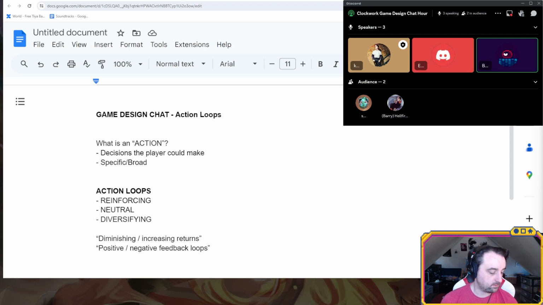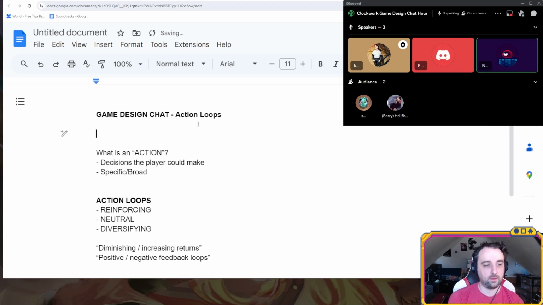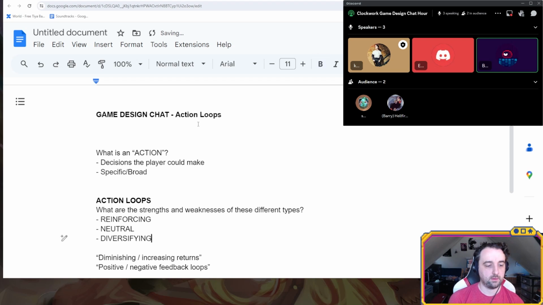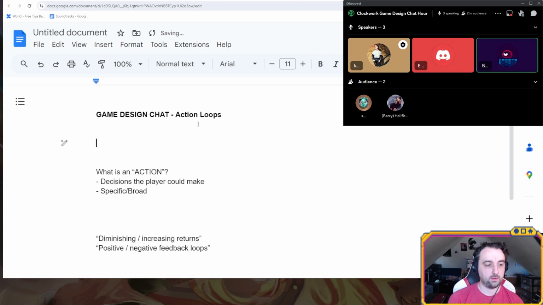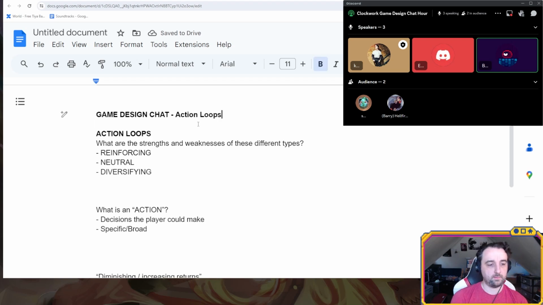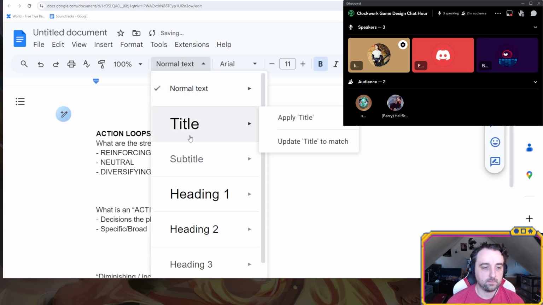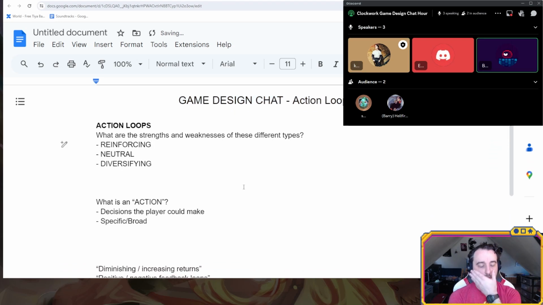I think the main thing I would like to explore is the strengths and weaknesses of the different types. If you can understand what each of them is good at and what issues each of them might create, then you can use that to better inform your usage of them, intentional or not, in the games you make. That's the main goal I'd like to explore.